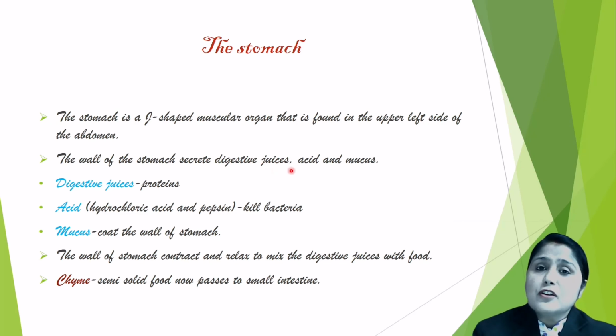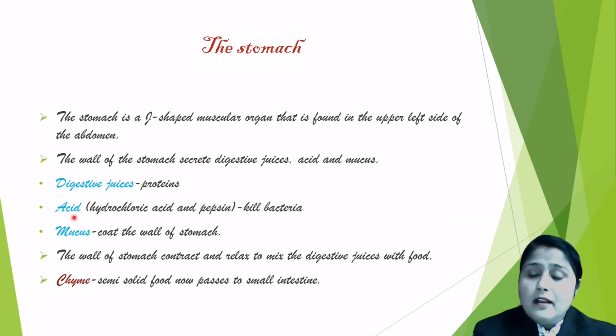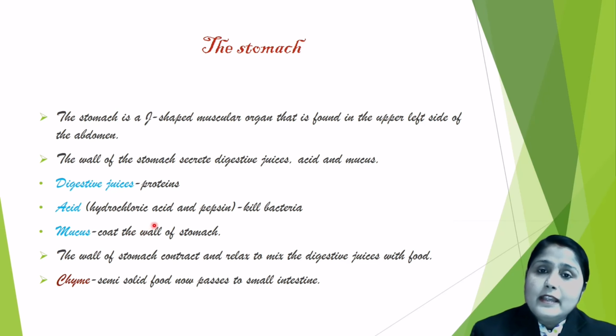What is the function of these three things? So let's see. Digestive juices secreted by the stomach wall help us to digest protein. The acid secreted by the stomach is basically hydrochloric acid and pepsin, which kill the bacteria if some bacteria are present in our food. Last is mucus. Mucus is a coating around the stomach inner wall which helps